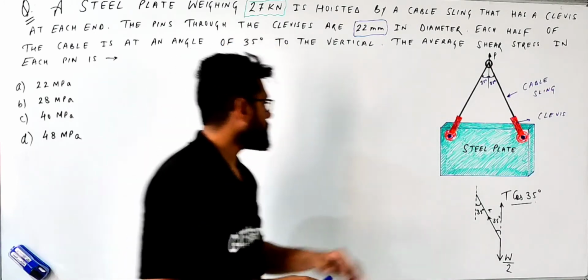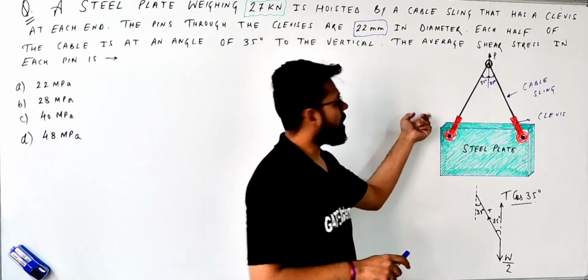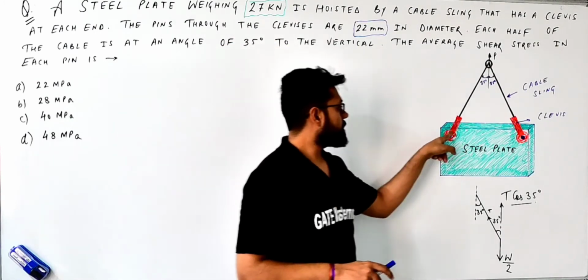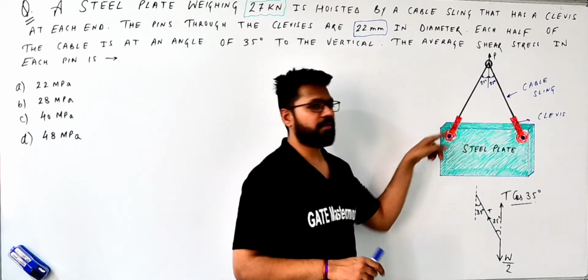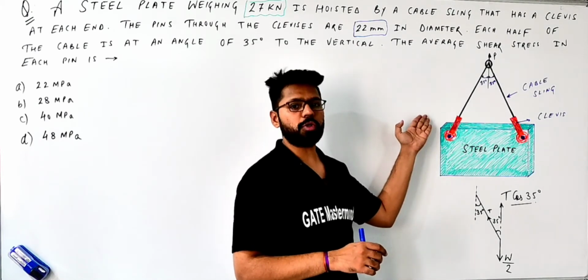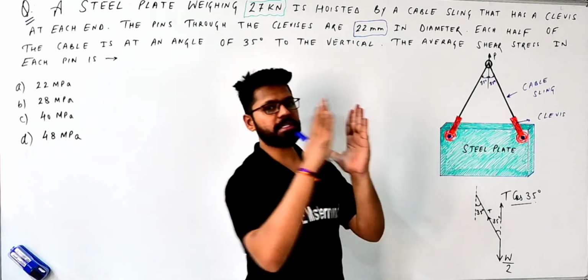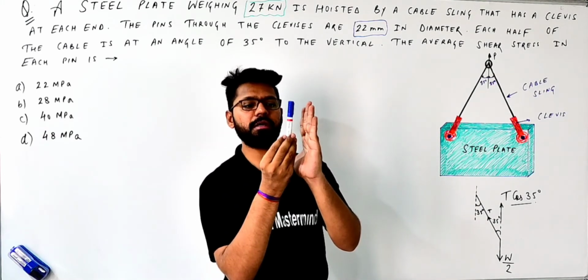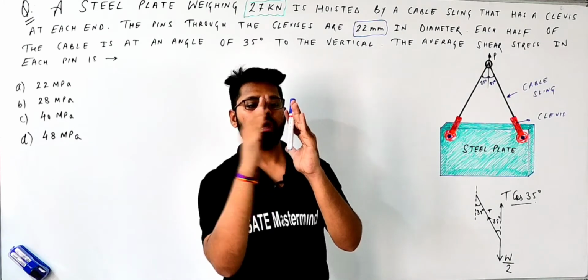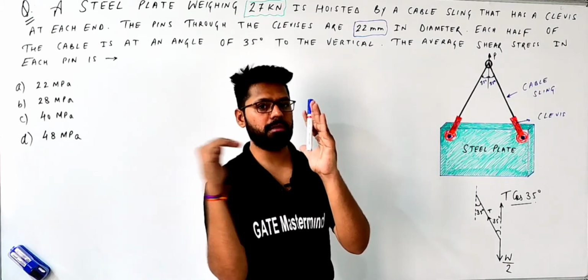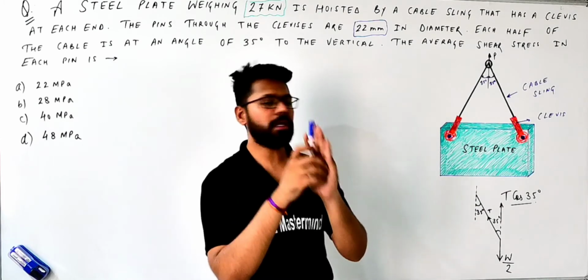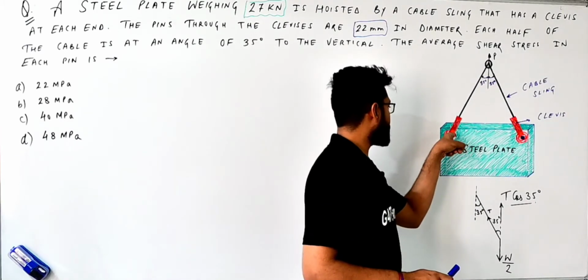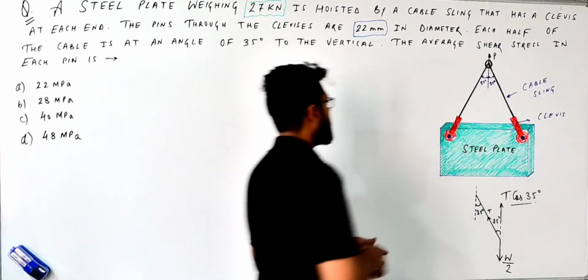Okay. So this clevis is on the opposite side also. This red clevis is on the opposite side of the plate also. So the clevis is like that, and between the clevises our plate is there, and one pin is here. The pin is like that. This blue one is our pin.